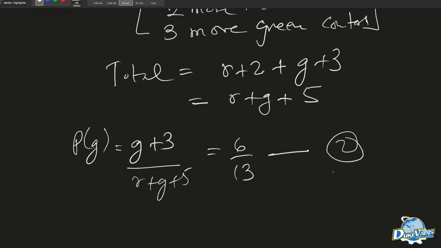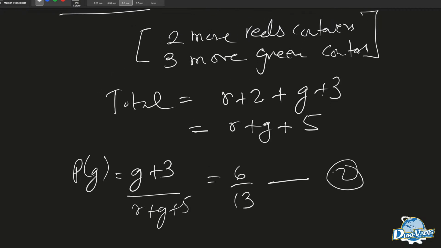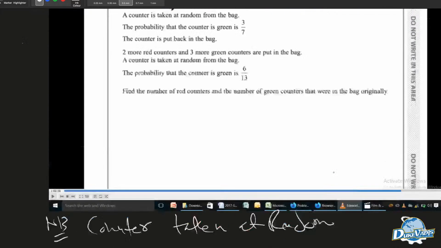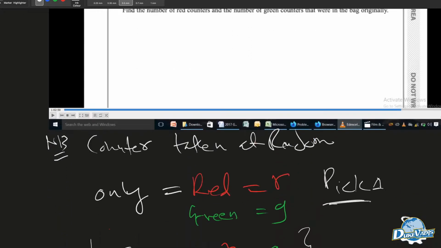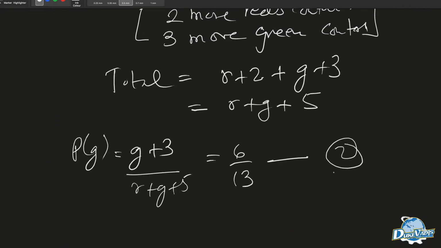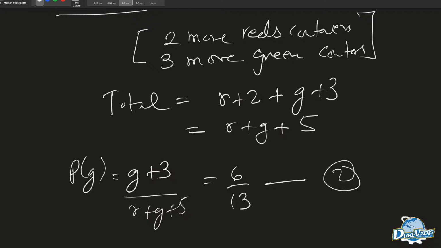So our simultaneous equation, if you look at it very carefully, let's look at a quick way that will help us to solve it. What's the question? That's the last part of the question: find the number of red counters and the number of green counters that were in the bag originally. So taking 3 more of the greens, meaning from my equation 1,